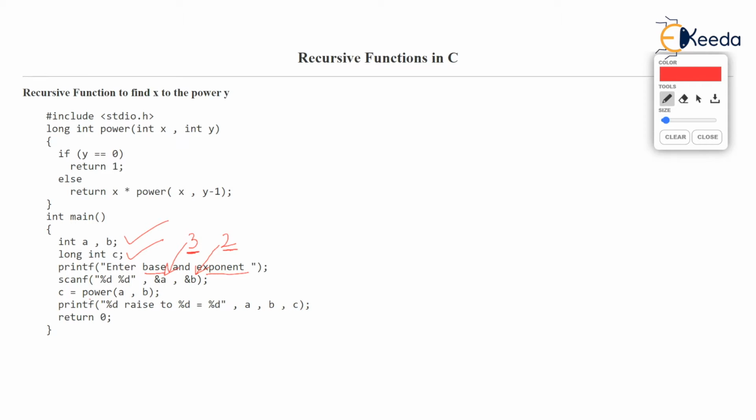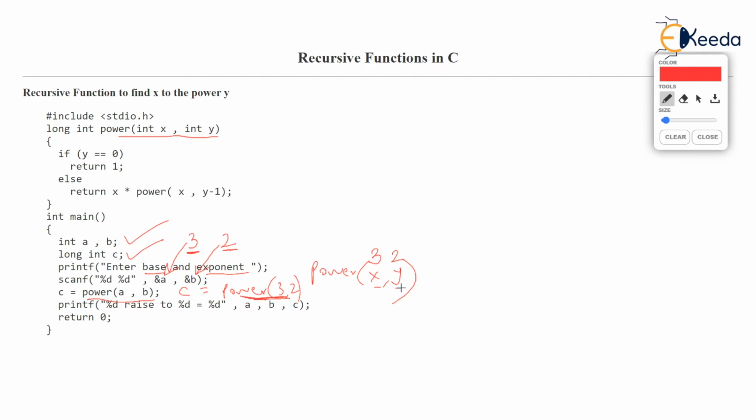So here comes the call. This call becomes c is equal to power 3 comma 2. So you know how we work out with recursion, isn't it? We write power x comma y is running. Power is running this function with two parameters x and y, and that's exactly what I have written here, x and y. And what is x? X passed by main is 3, because the call was power 3 comma 2, and y is 2.